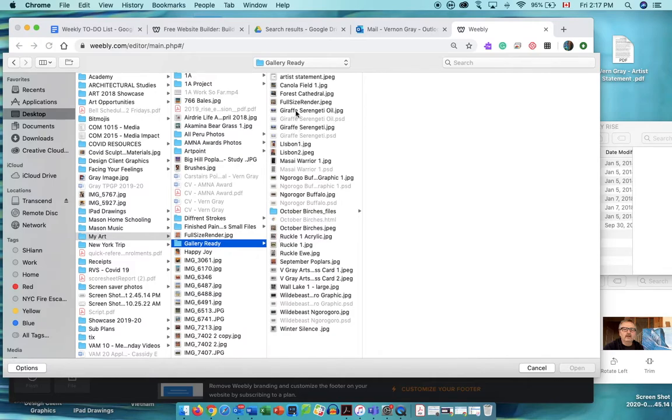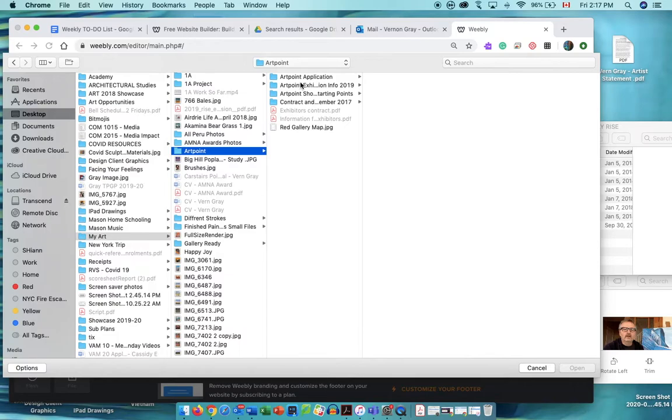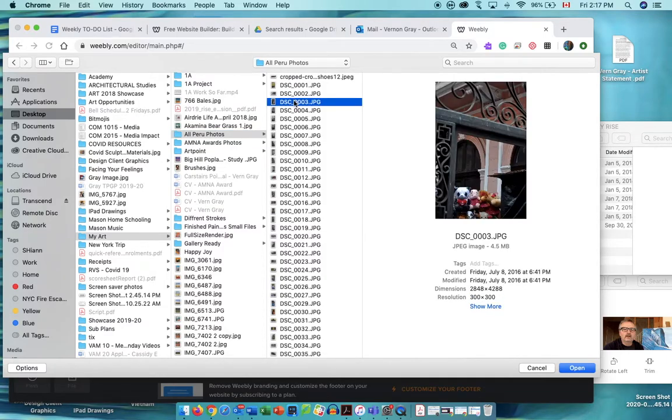And I'm going to go, actually I'm not going to do gallery ready. I am going to do some photos. So I'm going to take some photos from a trip. No, I'm not going to do that either. I am going to do